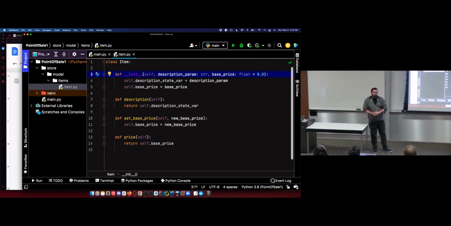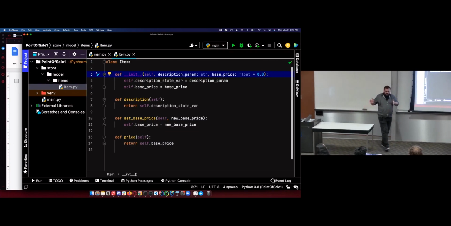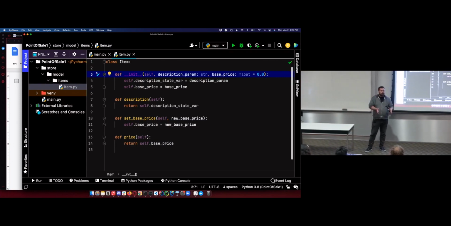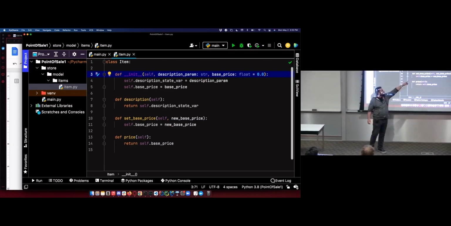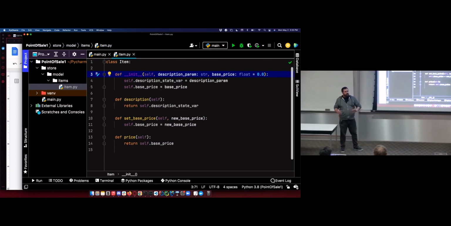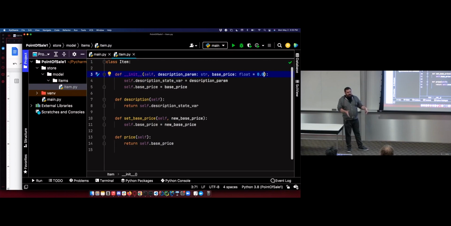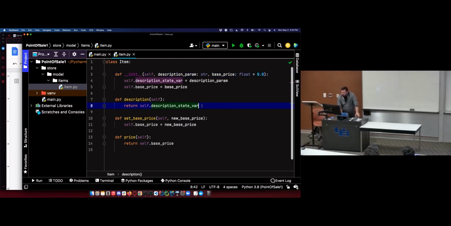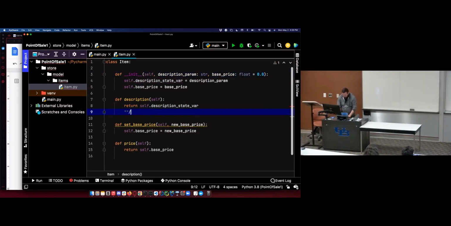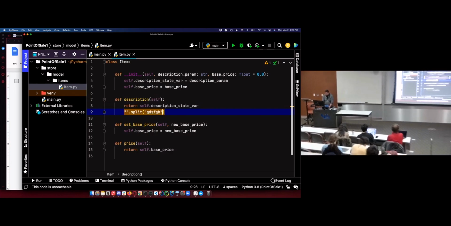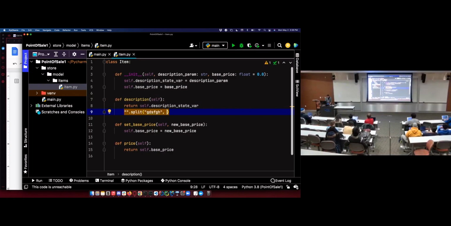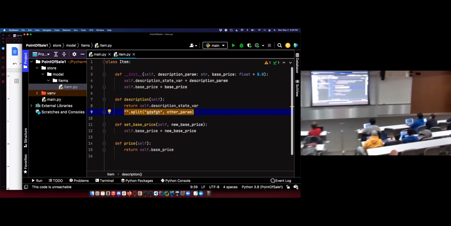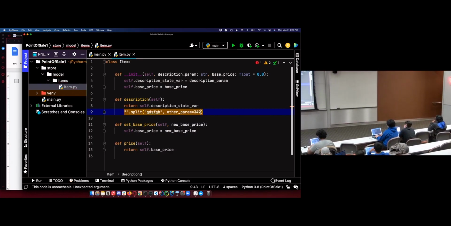But they have keyword arguments where, when you call a method after the positional parameters, the ones like position 1 is the description param, position 2 is the base price, there will be a keyword arguments parameter where you can specify, like if I have some method call, and after my parameter I'll say some other param equals whatever.